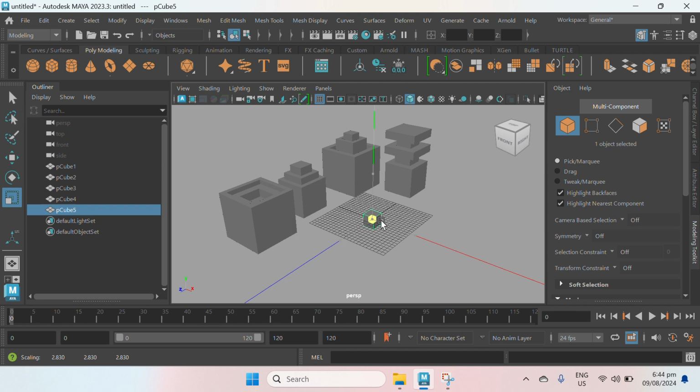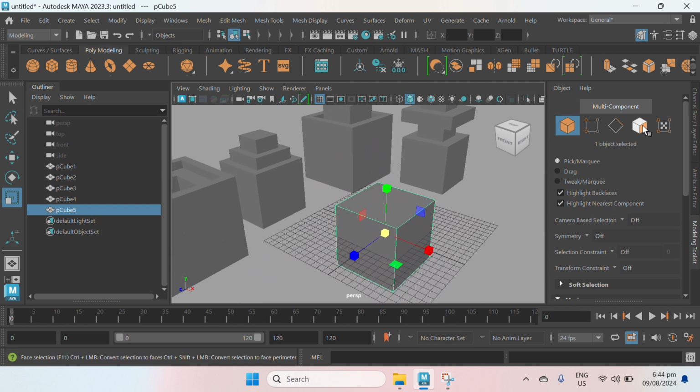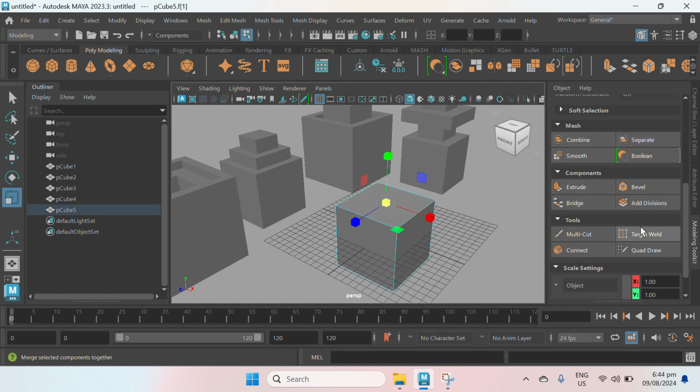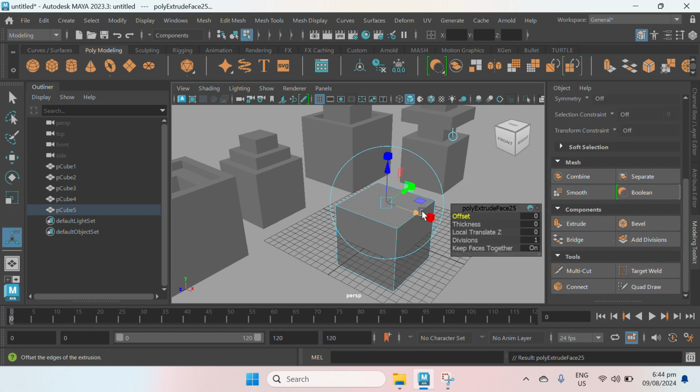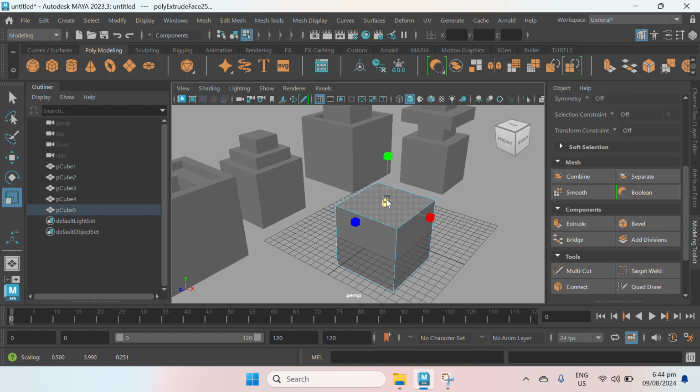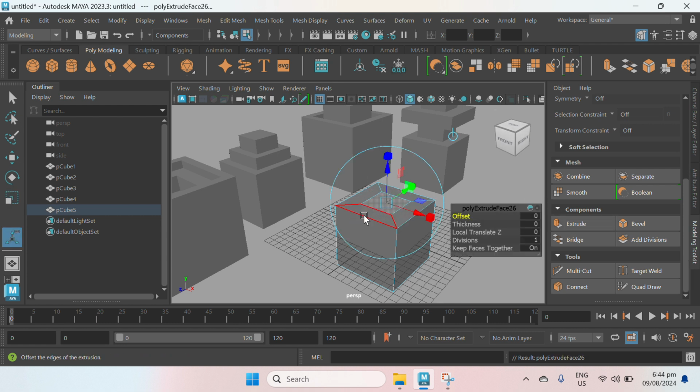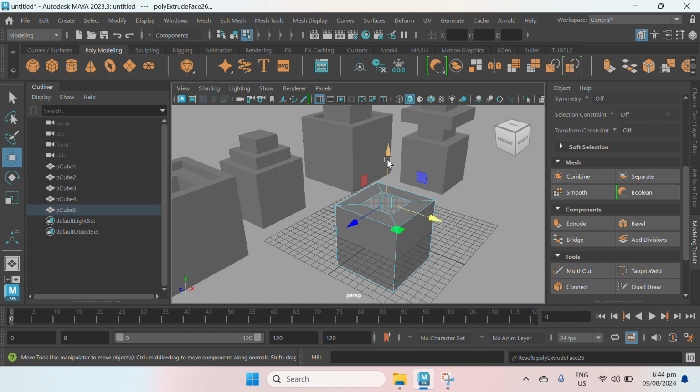Rescale, click and drag to the right. And then face mode. Select the top face. Extrude, rescale, click and drag to the left. And then extrude, W, arrowhead upward. Next, rescale, click and drag to the right.